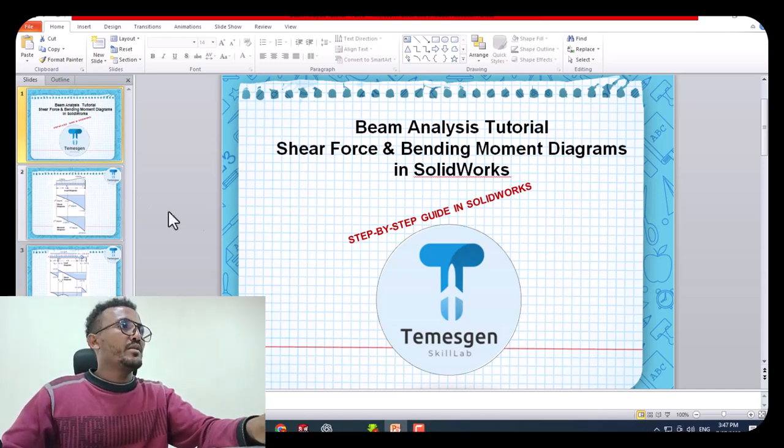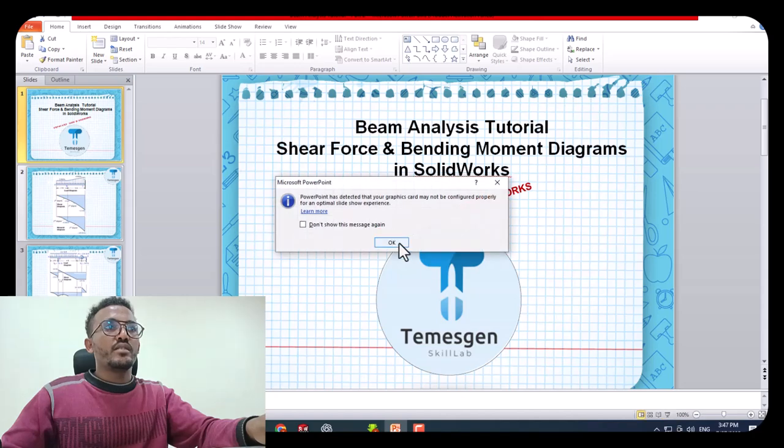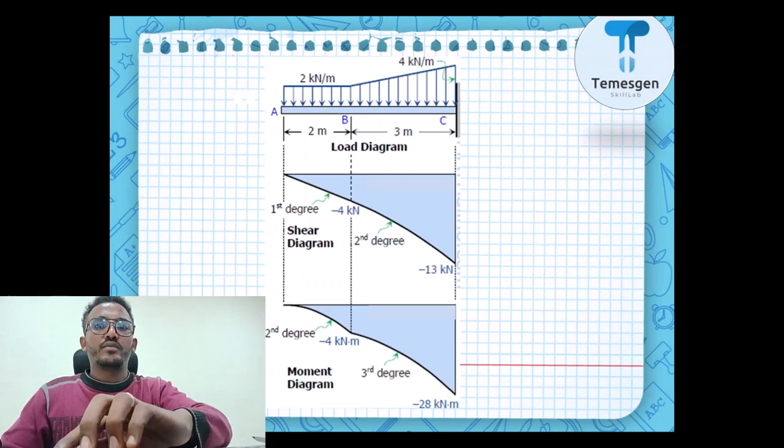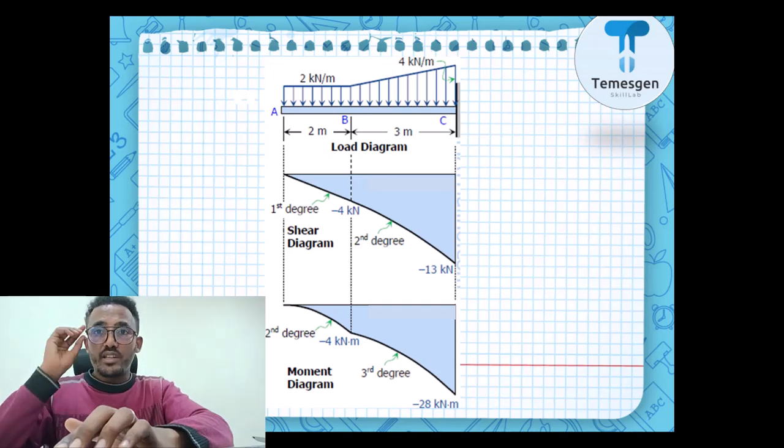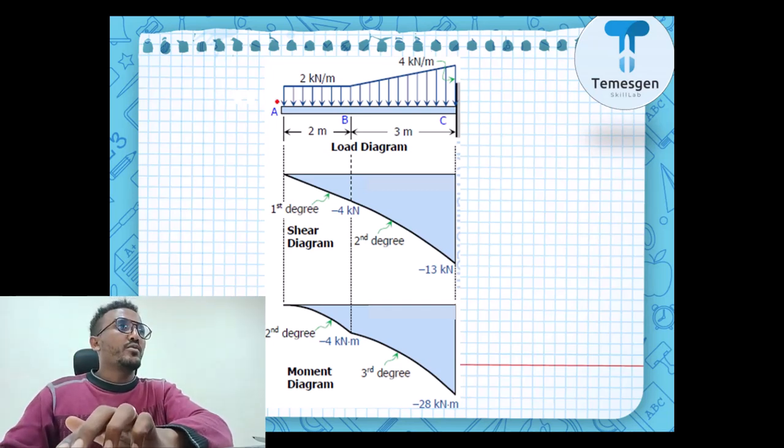So our today's beam is this. This is our today's beam. It's not as complicated as it seems. We have point A here, we have point B, and we have point C. From A to B is 2 meters, from B to C is 3 meters. And as you can see, from A to B we have a uniformly distributed load which is